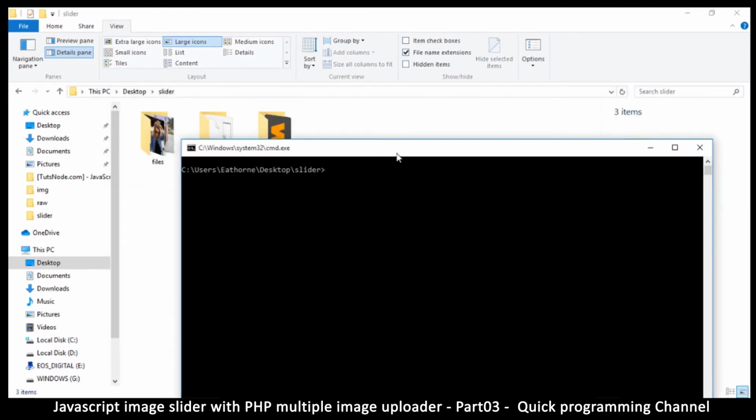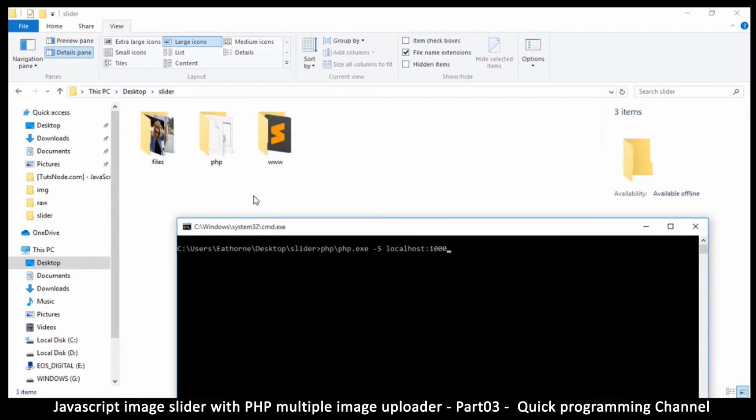Open PHP, php.exe, -S localhost:1000. Now, what we're going to do is to tell it that we want to move the base folder into this one. We'll leave a space, type -t